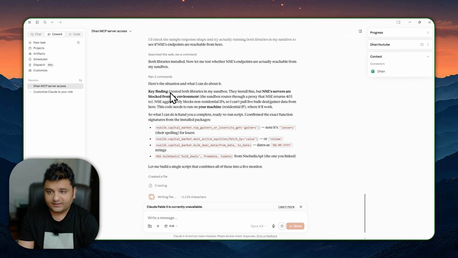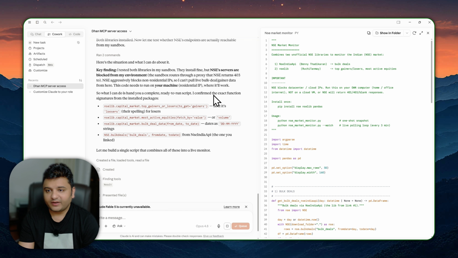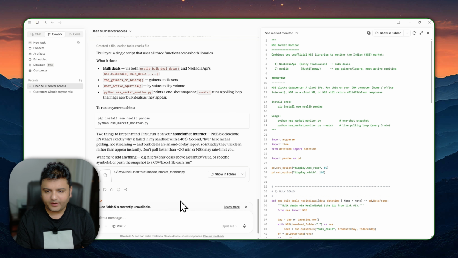Okay, so it tested both the libraries in the sandbox. They were able to install it, but the NSE servers are blocked from my environment. Okay, so it is saying that I can give you a complete ready to run script, the exact function signatures from the installed package. All right, so Claude has now given us a Python script and it is saying that